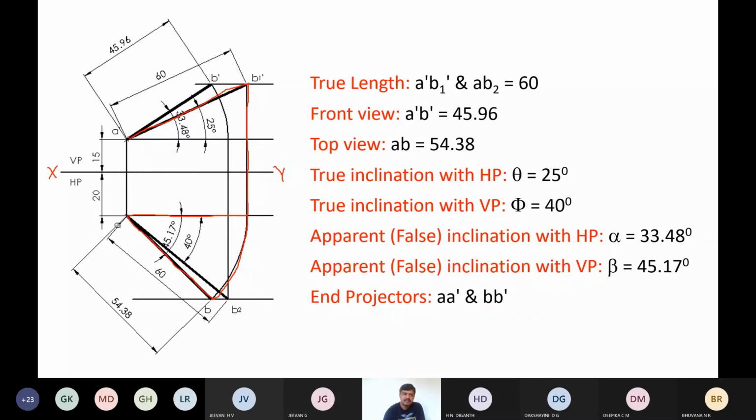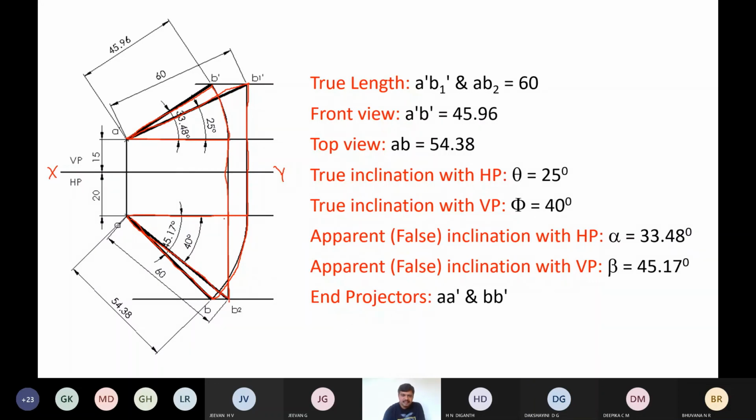Similarly, this is the front view. By drawing this arc, you are rotating front view. Why you are rotating front view? In order to make it parallel to a plane of projection. Okay, so what is the use of making it parallel to a plane of projection? You are able to get the true length. Now if you project it in the opposite plane, you are able to get the true length.